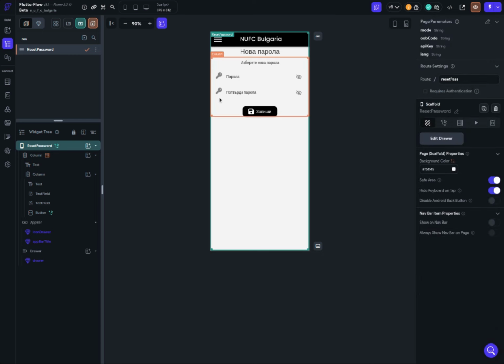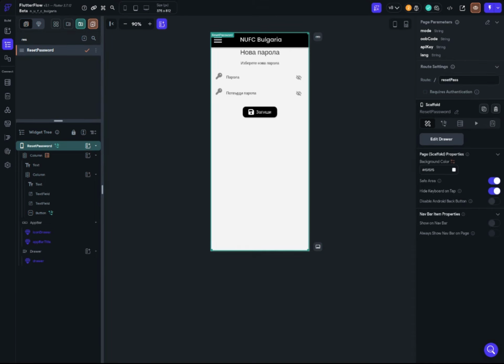We'll see that. So, like I said, first things first, create this page, make the parameters mode, OOB code, API key, and language. And when you're done setting up this page in your UI, the second thing is to go to